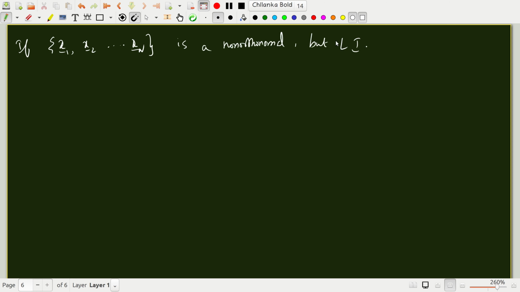Okay, now I told you that you can still expand x in terms of these basis vectors xi, but finding the alpha i's becomes a little messy, right? It's not so simple. So there is a special trick to find alpha, the coefficient of expansion in a non-orthonormal basis. In order to do this, you have to find what is called a reciprocal basis.